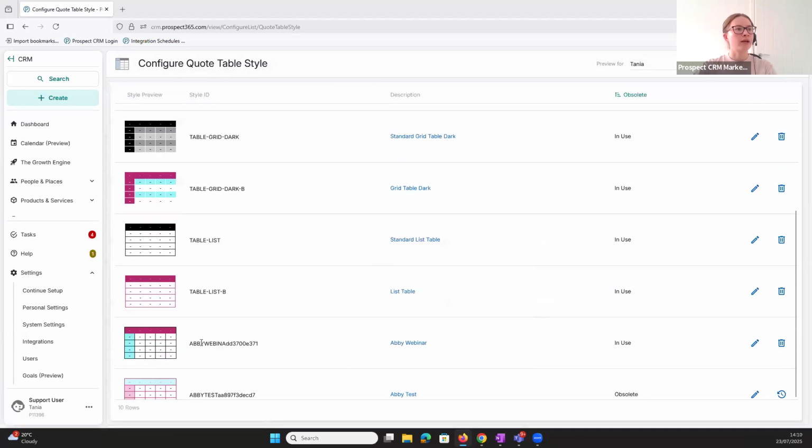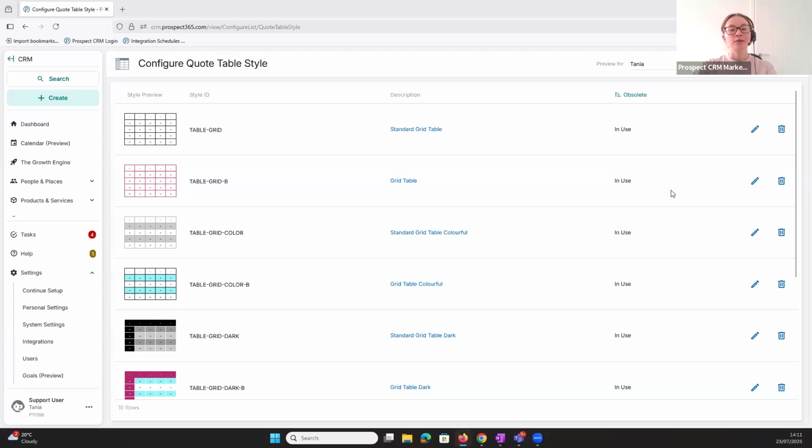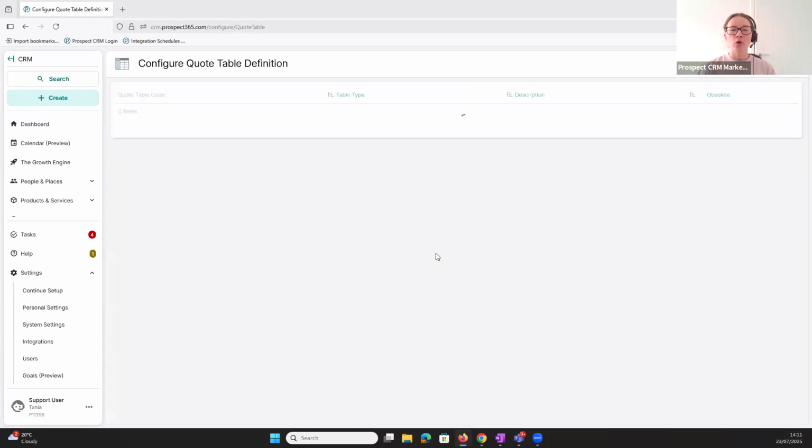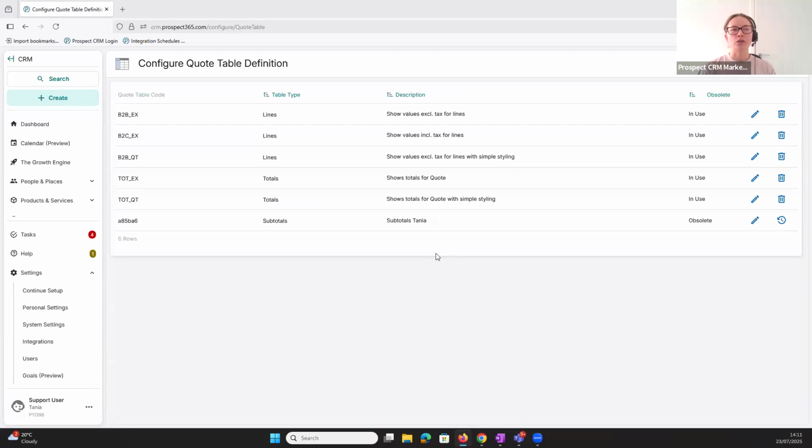And you'll see if we scroll down, we've got it right here. Now, you don't need to remember any of the style IDs here or anything, it's just there to be used. So now that we've actually created our styling, we have to then go and associate that to the actual quote tables themselves. So again, if you've got separate branding, perhaps you've got two branches within one company that have very subtle differences, you might want to create a quote table for each